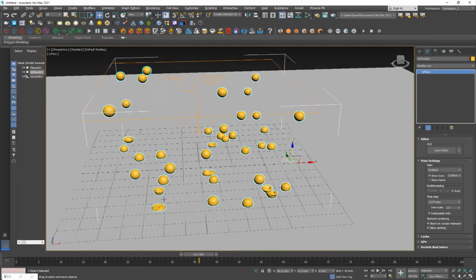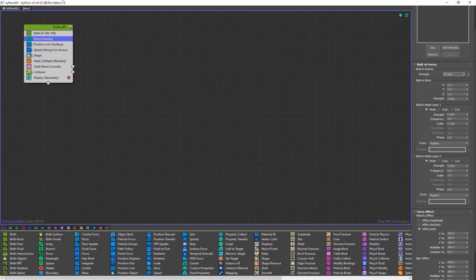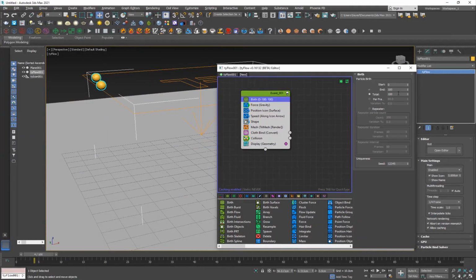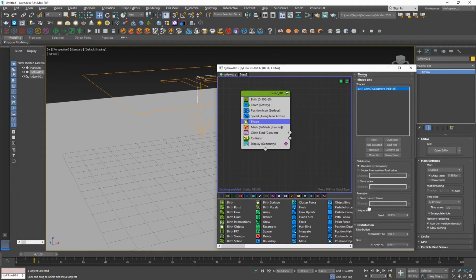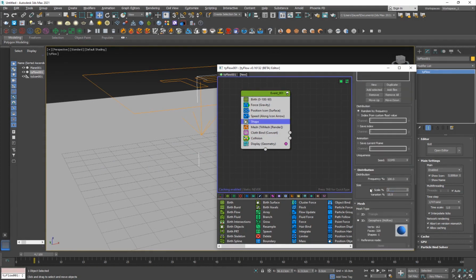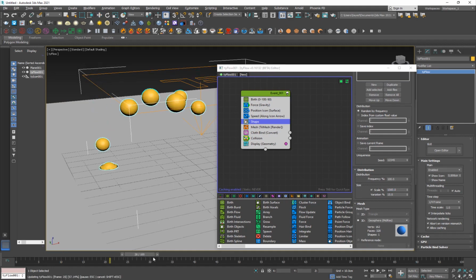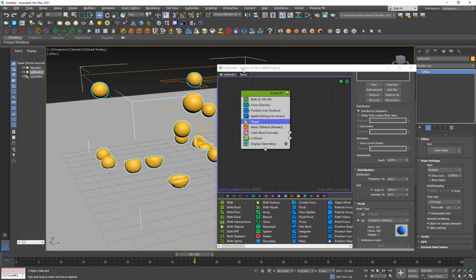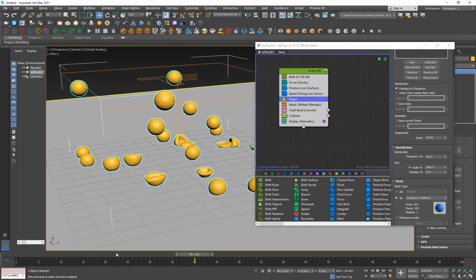So in order to do that, I'm going to make them a bit bigger, probably lesser in number, but bigger. So like 60. And I'm going to go into the shape, the size, probably like 1,000. And now we have bigger particles to work with, right? So we have these, now they are colliding. But as you can see, they're not getting their shape back. So what we can do